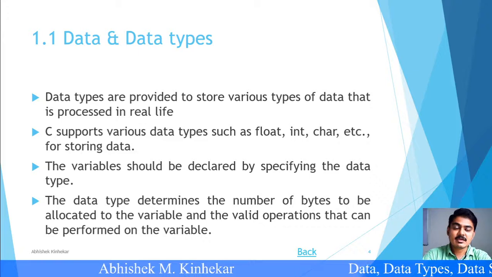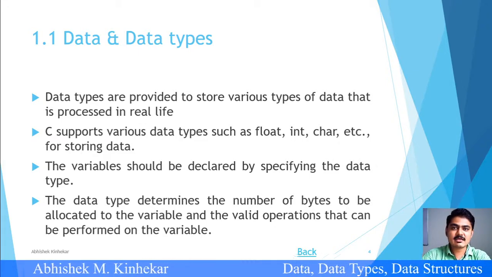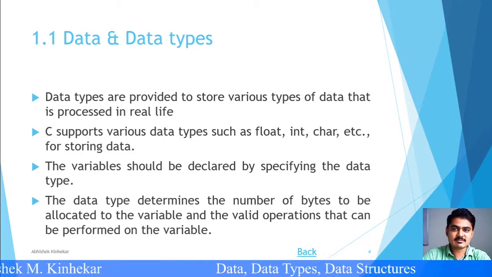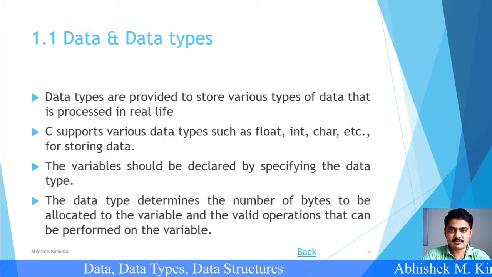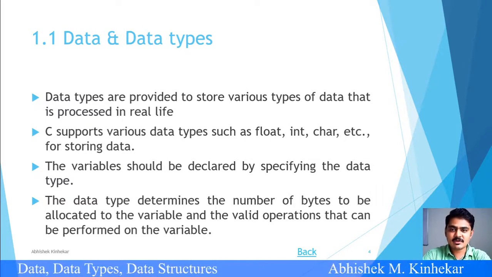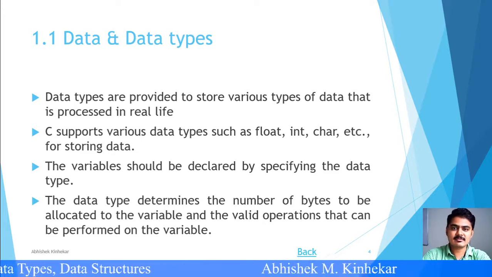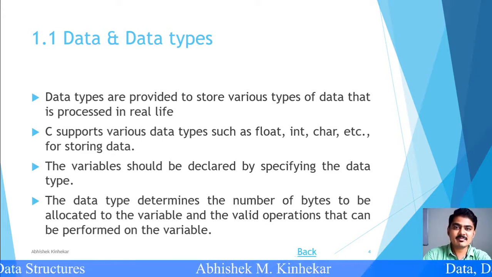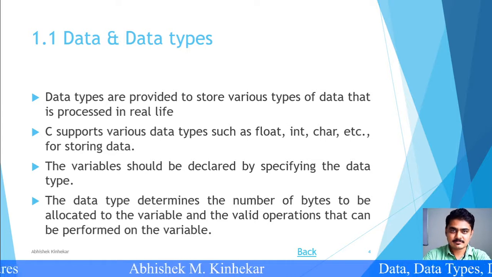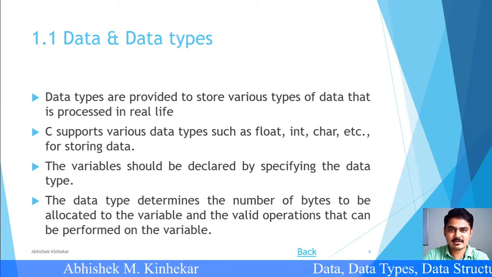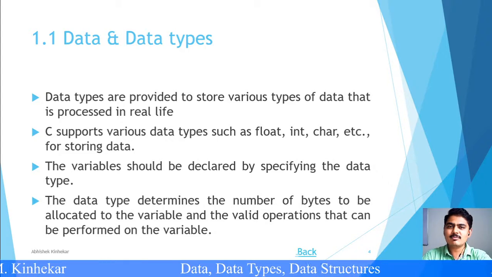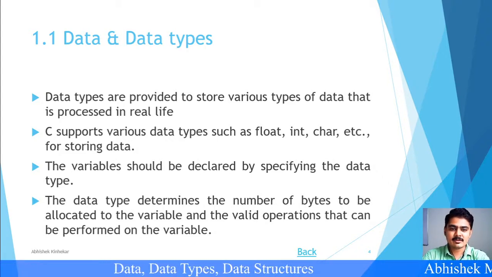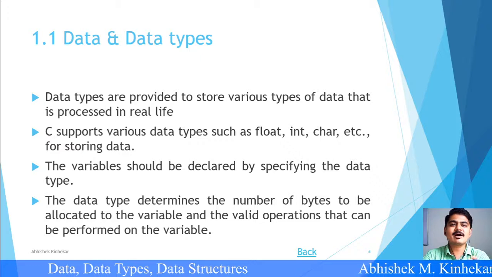Correct? So such a facility is also provided by data types. That is the second one. Another characteristic given by data types is that a data type tells you about the permissible operations which can be performed on your data. For example, I have a character data type and a character variable on it. I cannot add 2 characters, correct? The end result of addition of 2 characters will not be a third character. So that means on characters I cannot perform arithmetic operations.